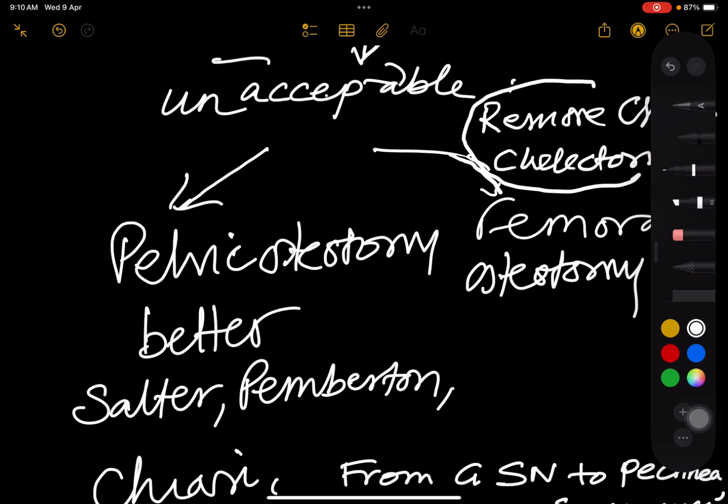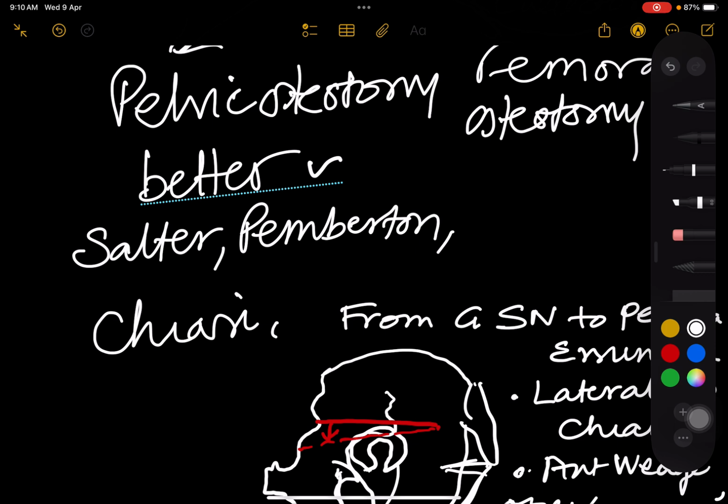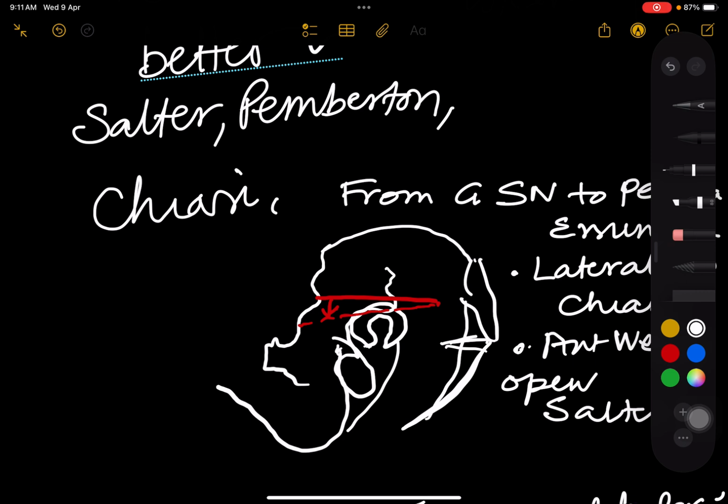Okay? So the pelvic osteotomy is better because it has a lesser convalescent period. The child doesn't become bedridden for a long time. Now the osteotomy can be Salter or Chiari, where it's a full osteotomy from the greater sciatic notch to the